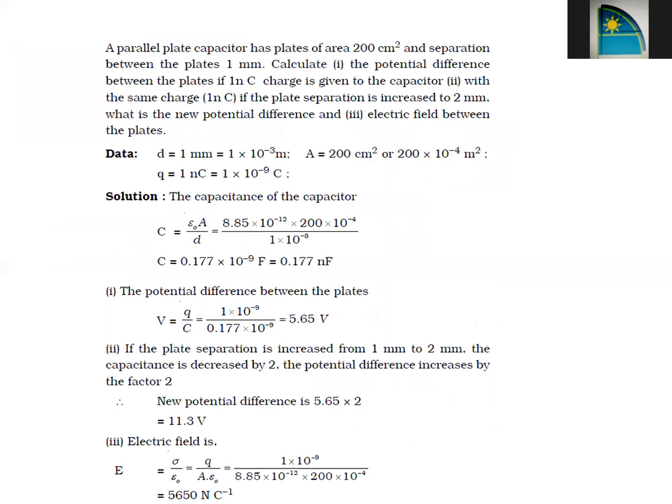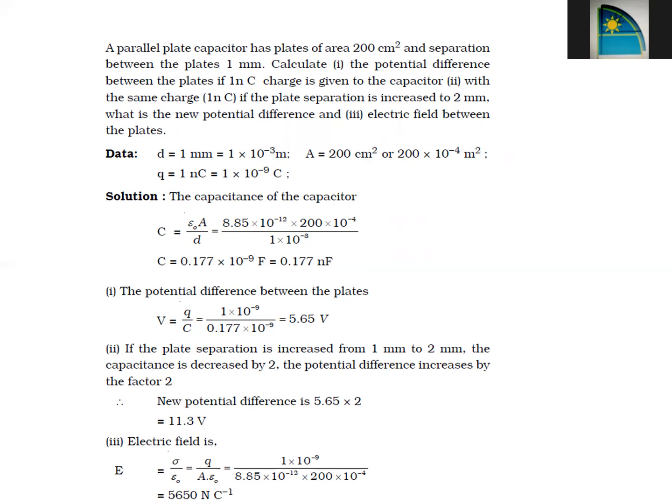So this is one numerical which I have picked, which is based upon parallel plate capacitor. As I told, we can derive this formula C is equal to epsilon naught A by D, but we have to start from C is equal to Q by V. We will first calculate electric field due to parallel plate, and then we will find out the value of potential. Then we will calculate charge using again Gauss law, and then after putting every value we will be able to find the value of capacity of this capacitance.